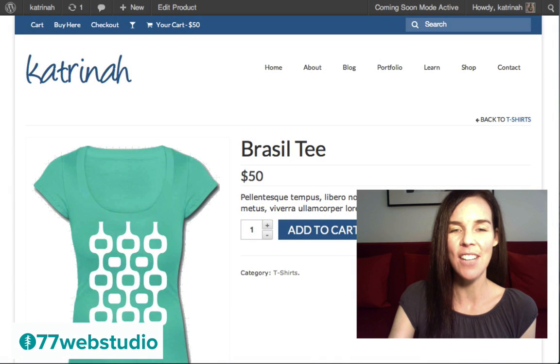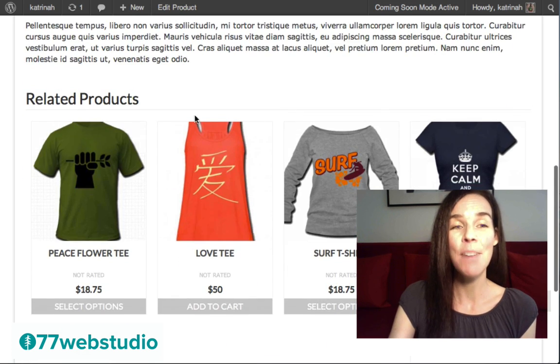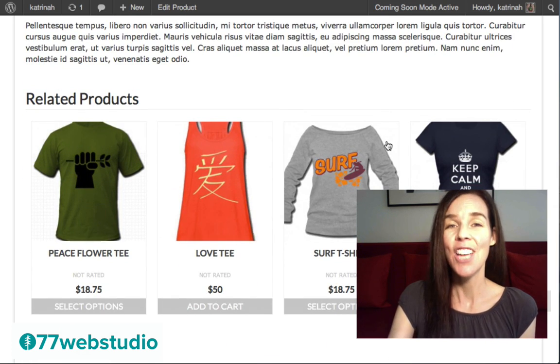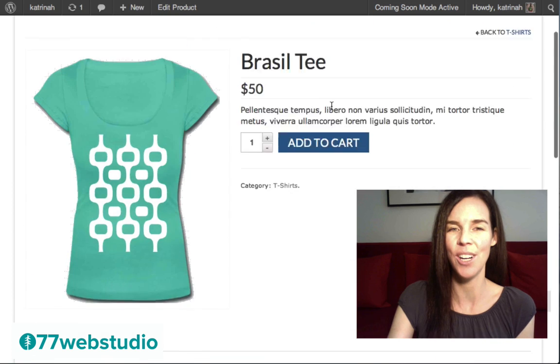Underneath this section right here, you'll have a longer product description as well as a reviews tab if you have any reviews. And then we'll have some more related products. Just like with the blog posts, including the recent posts underneath the blog posts, when it comes to an e-commerce store, it's always a great idea to include related products below your actual product because it gives your potential customers some other options and other products to explore within your store.